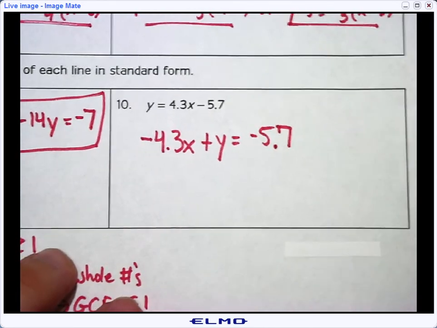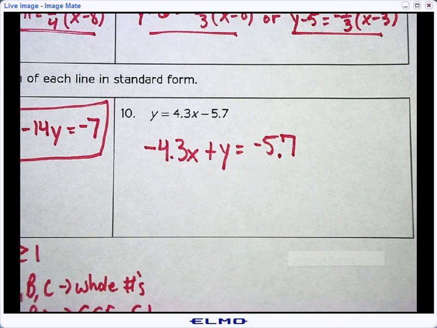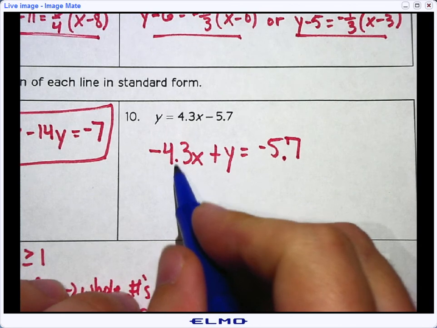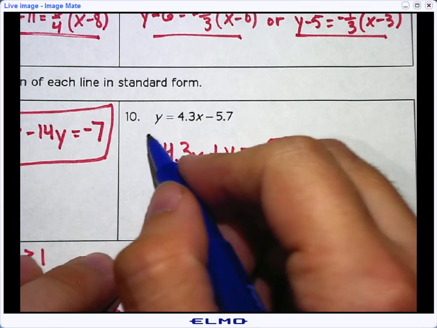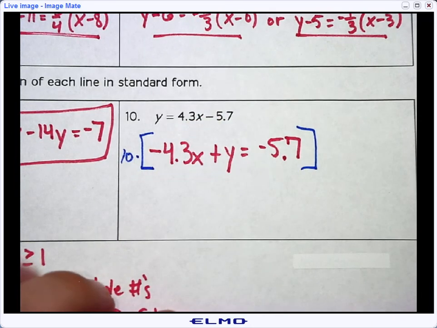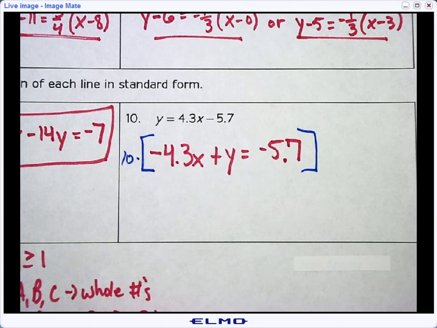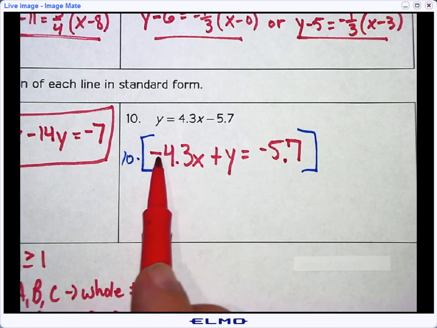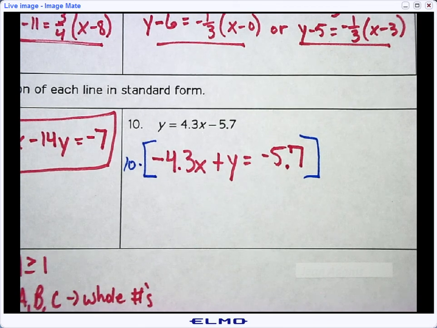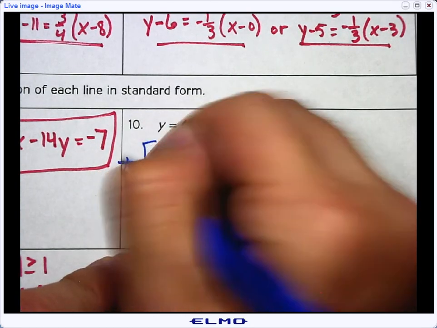So here I have decimals, so I've got to clear those decimals. We clear decimals by multiplying, in this case, by 10, because I just want to move the decimal one place to the right. So everything here gets multiplied by 10. So that's going to give me a new equation that's going to be, oh, forgot something. There's a negative with my A. So let's take care of that at the same time, and so instead of multiplying by 10, let's multiply by